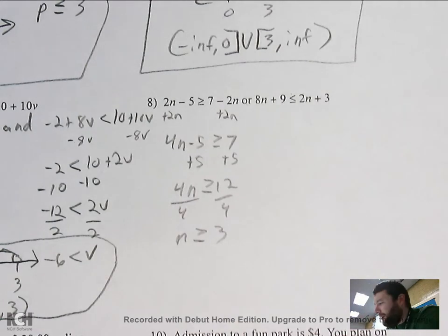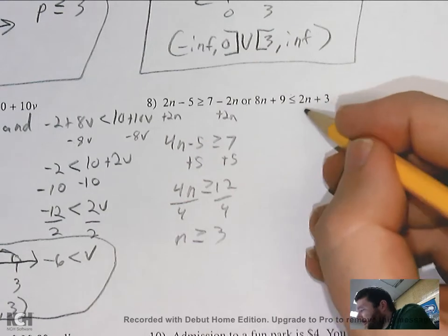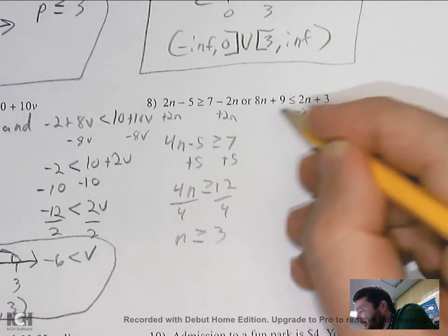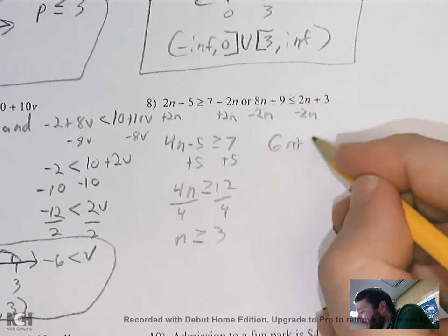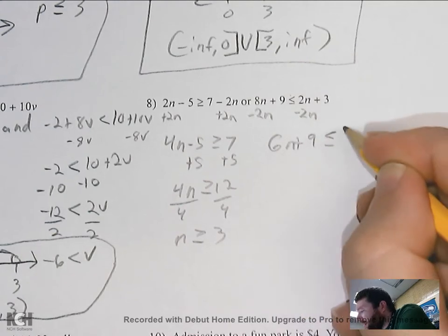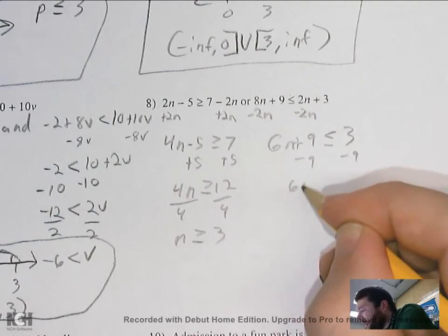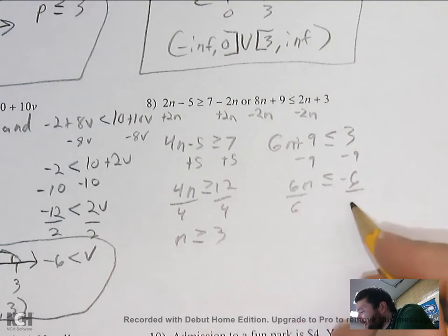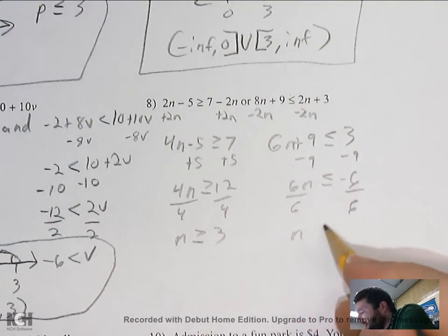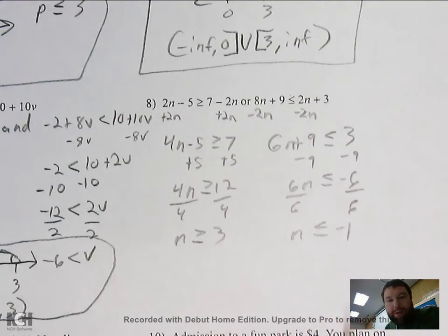So there's one answer. Then this side, I'm going to move the 2n so that can stay a positive number. So minus 2n would give me 6n plus 9 is less than or equal to 3. Then I'd minus the 9, gives me 6n less than or equal to negative 6. Divide by 6, and I get n is less than or equal to negative 1. So there's my 2 solved